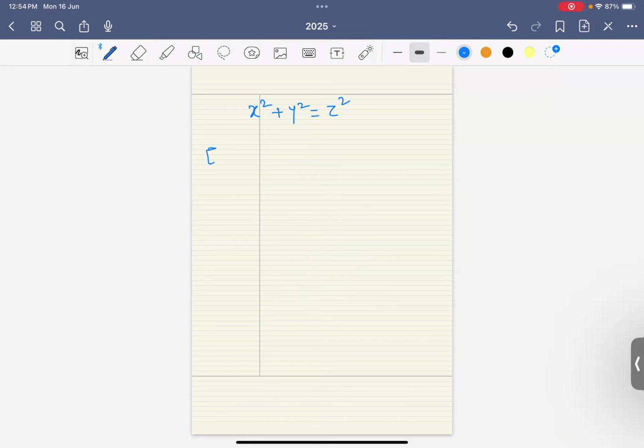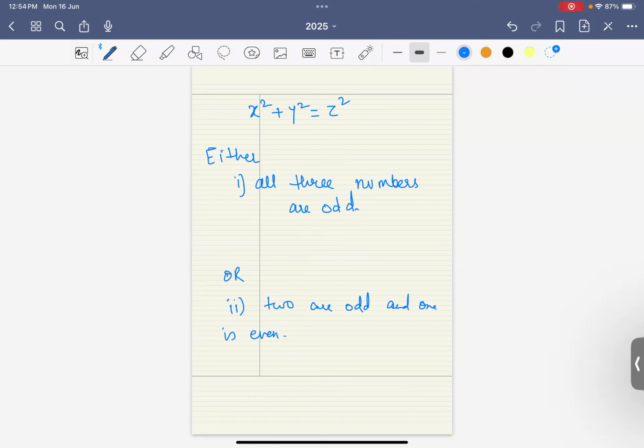So either all the three numbers are odd, or 2 are odd, and 1 is even. So I'll argue that, in fact, 3 are odd is also impossible, because if all these